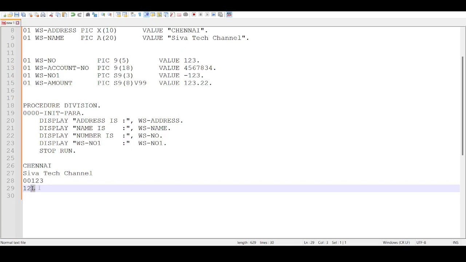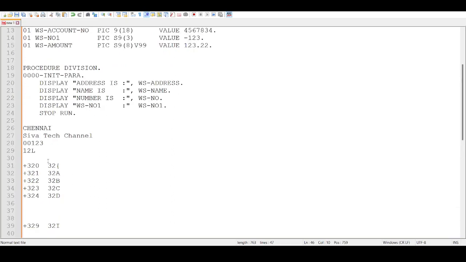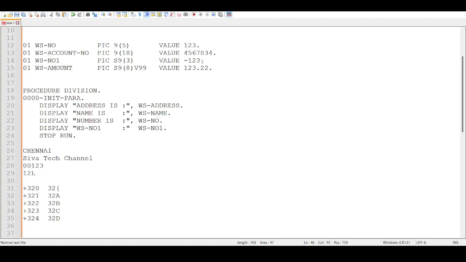I'll explain how this data will be stored. Okay, so let us see some examples. I coded somewhere and will explain how the L will come. Okay, suppose I have assigned plus 320. I have assigned the value plus 320, and if you display, the data will get displayed as 32 followed by an open bracket. That means the sign value is going to be overpunched on the